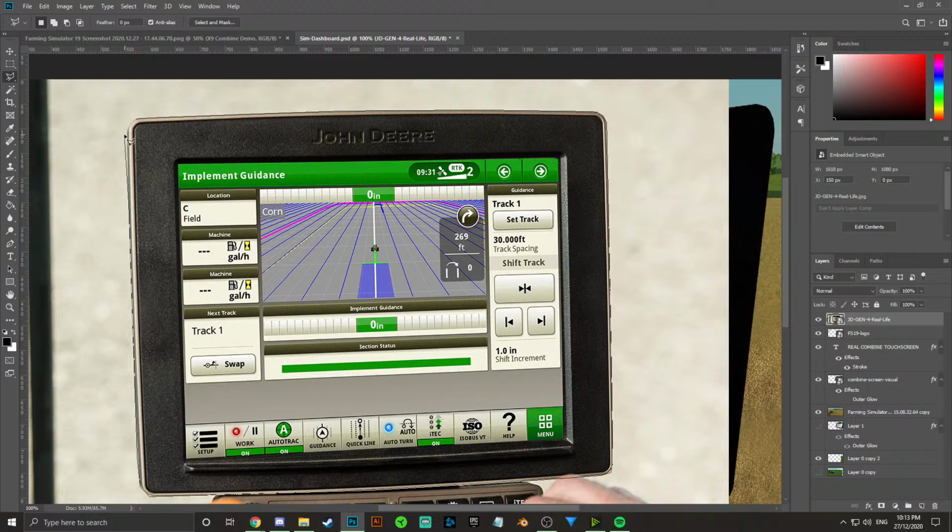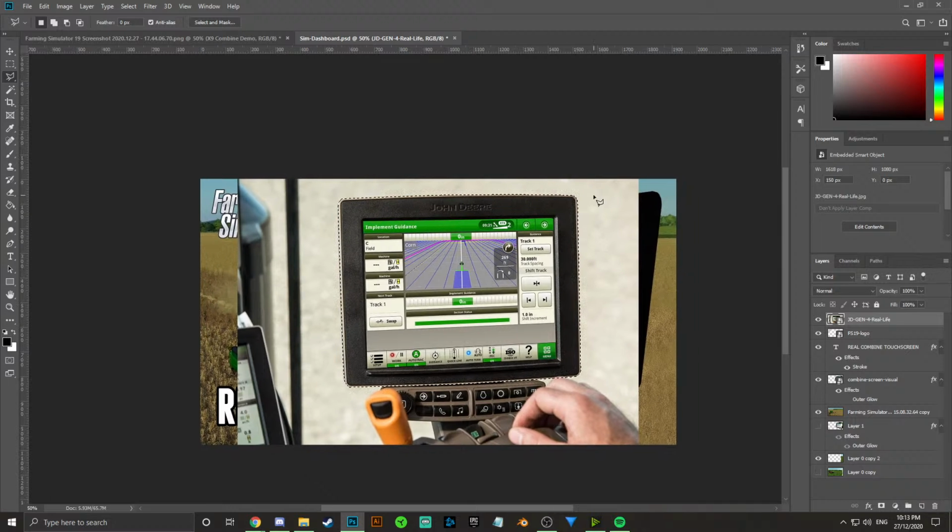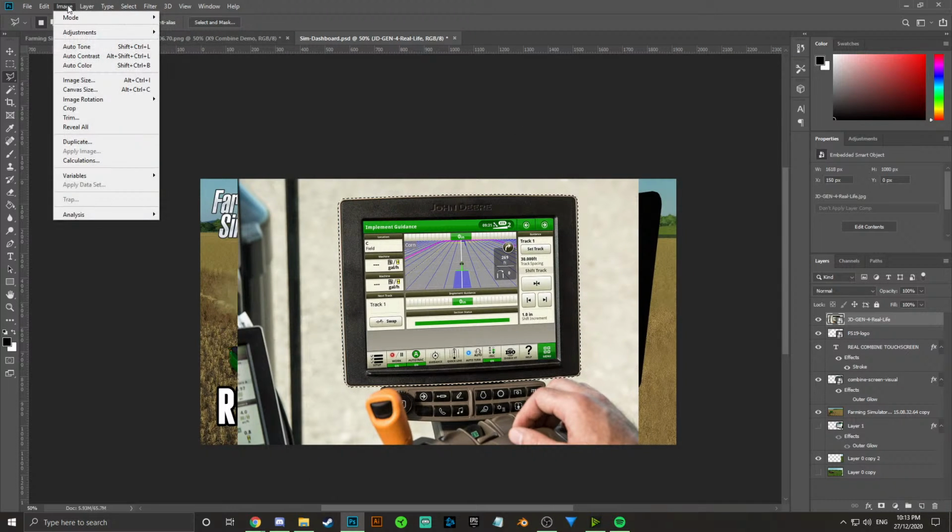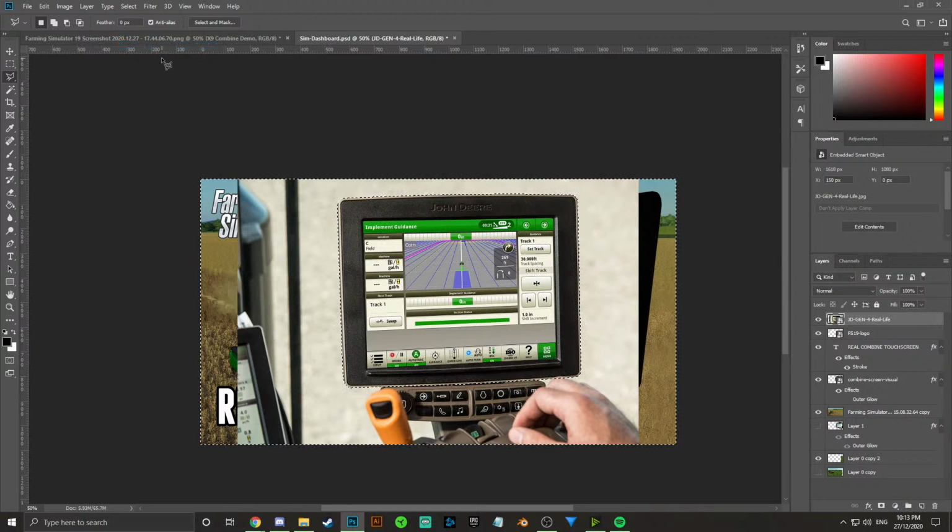There we go. So you've got that, see that dotted line around it now? And then you would inverse that, hit delete, and of course,